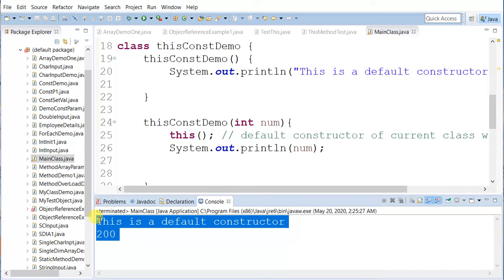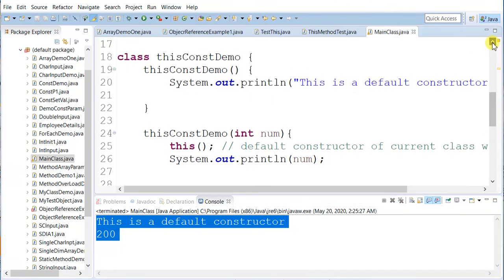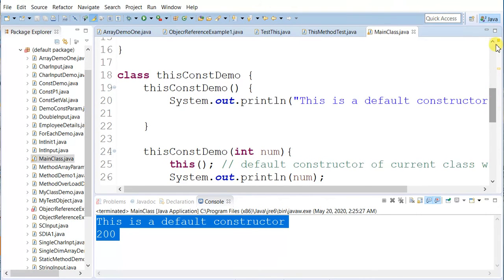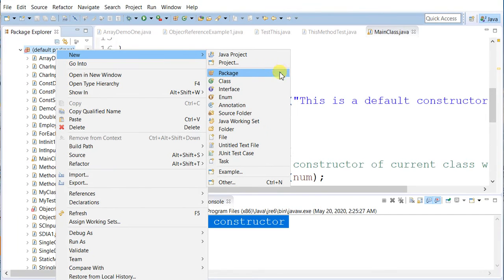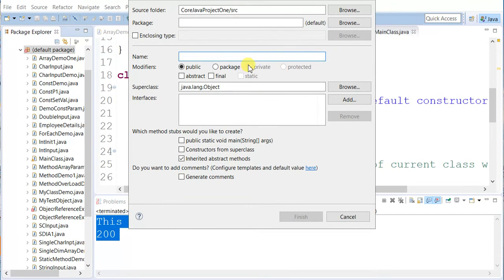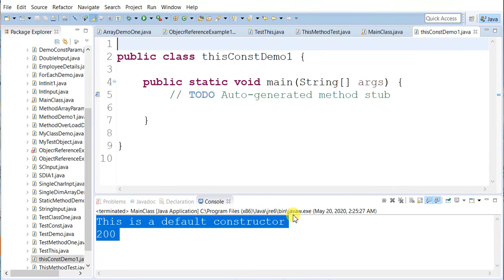Now let us go for the second scenario and understand how it works. That will be a little different. That means let me create a new class. Here it will be vice versa. So let me create a new class and say ConstDemo1, let us say it is a public class, that is the main class.